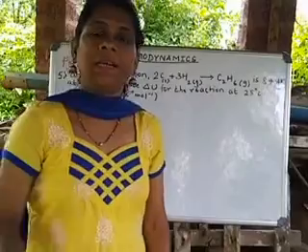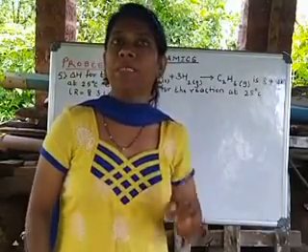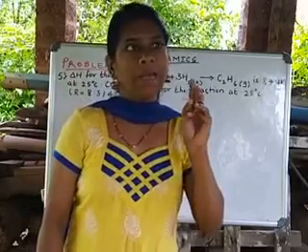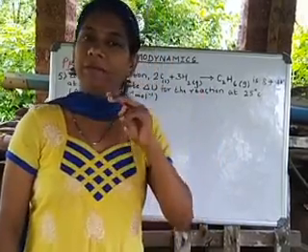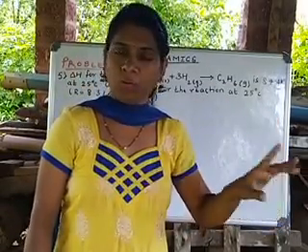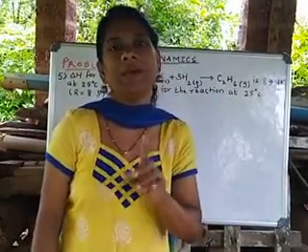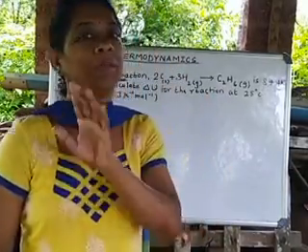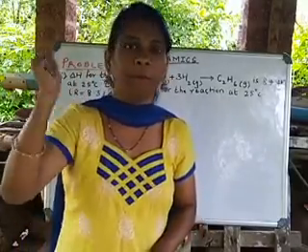Hello children. Now see here, last lecture in thermodynamics we finished the problems up to the fourth sum. The first two sums were based on the work done, W = -P delta V, and the third and fourth sums were based on W max = -2.303 nRT log to the base 10 V2 by V1, or you can also use the formula with P1 by P2.